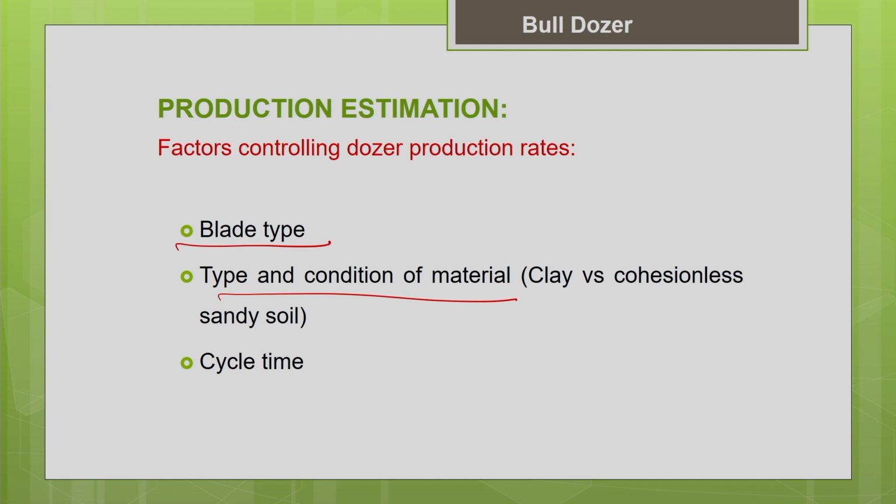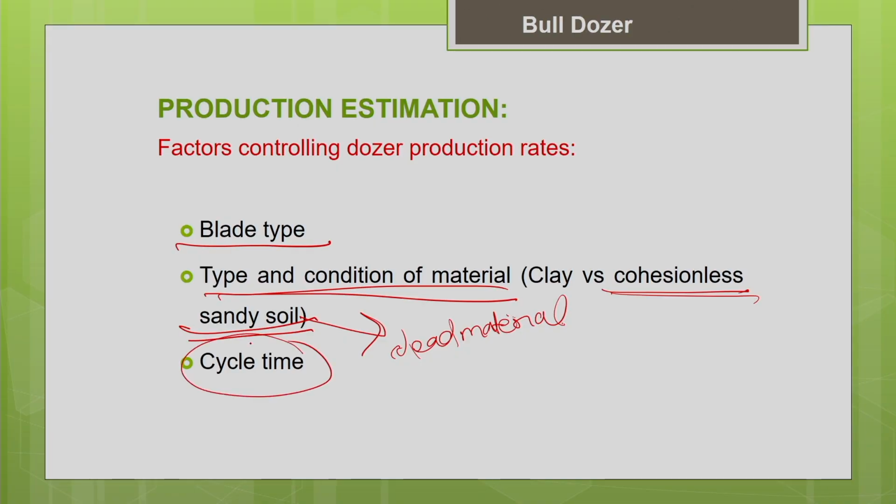As I mentioned earlier, if the material is cohesive, it's easy for the material to roll in front of the blade. But if it is cohesionless sand, the sand will act like a dead material. It won't roll in front of the blade. For this sandy soil, it's very difficult for the blade to push the soil, so the productivity gets affected. The type and the density of the soil, everything affects. If it is denser material, it's difficult for the blade to push. If it is less dense, it is easier for the blade to push. Accordingly the productivity will vary.